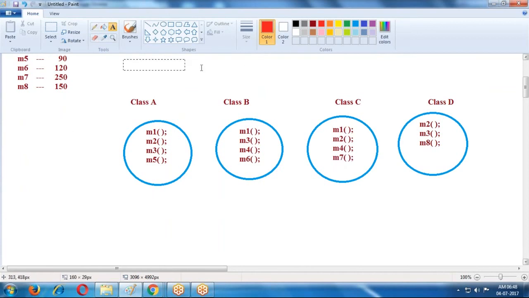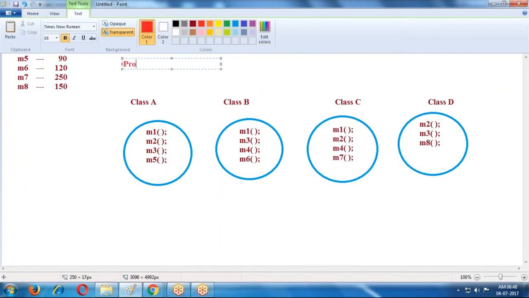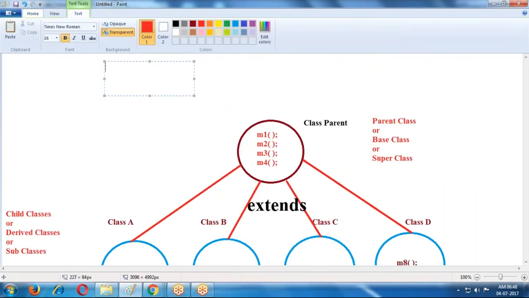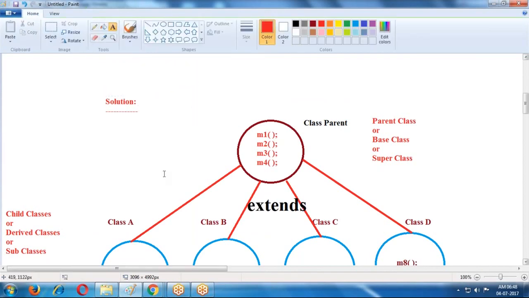This is a problem. How to resolve this problem? What is the solution? The solution is creating one parent class and multiple child classes.